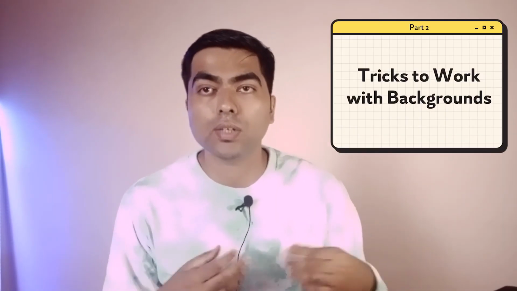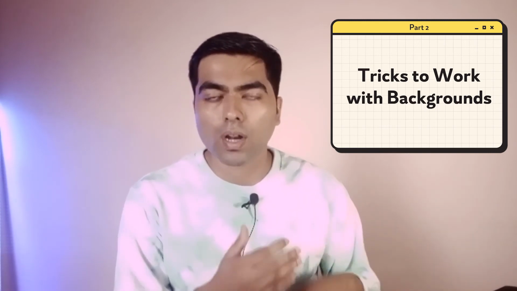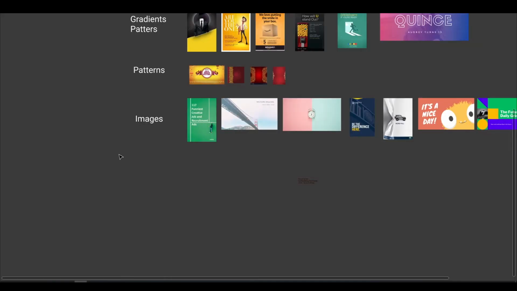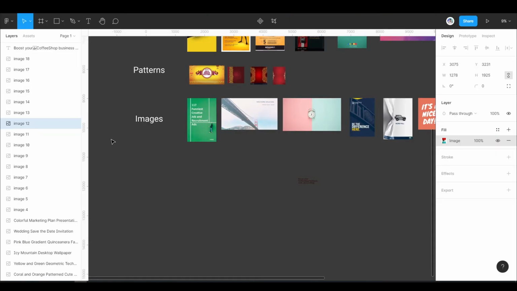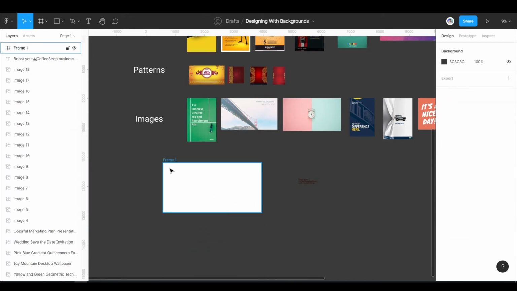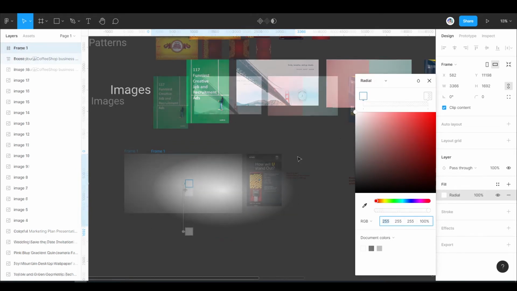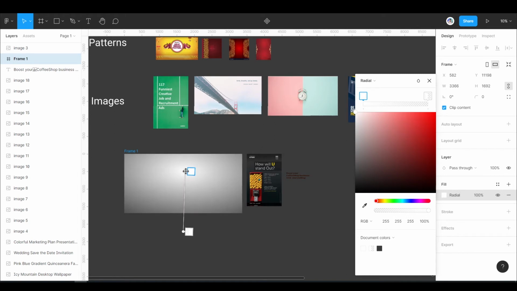In this next part of the video, I'll give you 3 tips that you can use to manipulate text over a background and design with the backgrounds. So in this first one, I'll make a background, and in this case I'll fill this background with a radial gradient as shown. I'll expand it to start from here, so it's almost like a lamp, and if we come here, it's a very hard line, so we have to extend slightly beyond our frame.